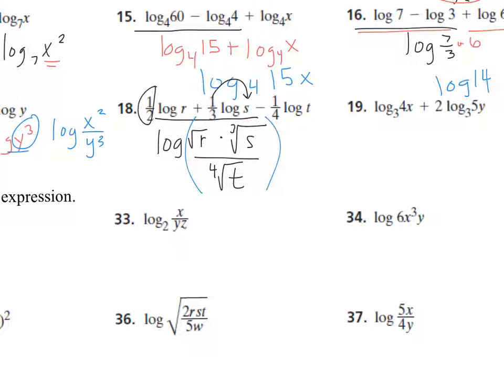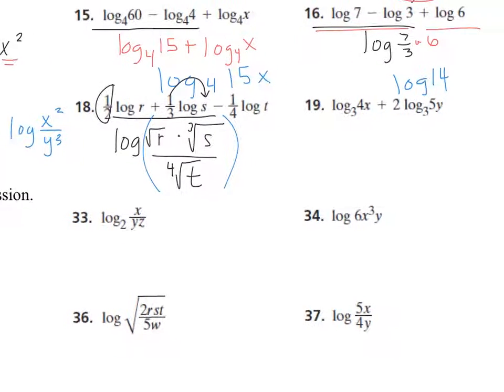This whole expression. There's nothing I can really do to simplify it, besides I could get rid of this 4th root by multiplying the top by the 4th root of t 4 times, but nothing can be simplified because I have the square root and the cube root and they have different indexes, so I can't do anything further with that. And then 19,